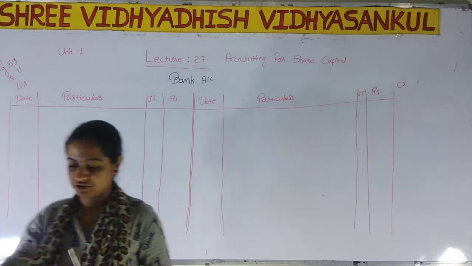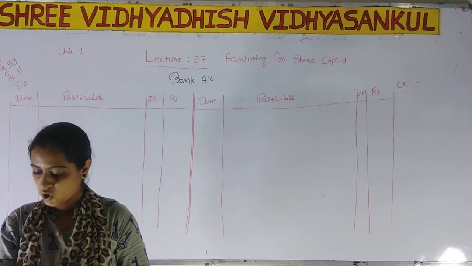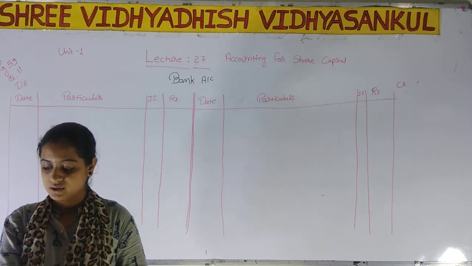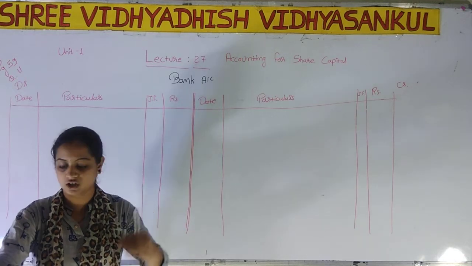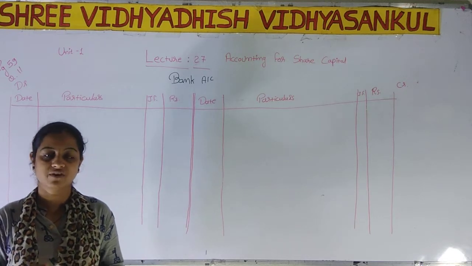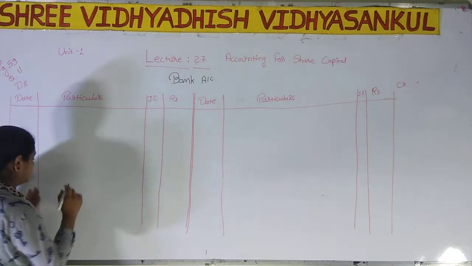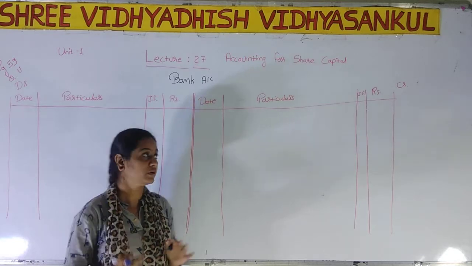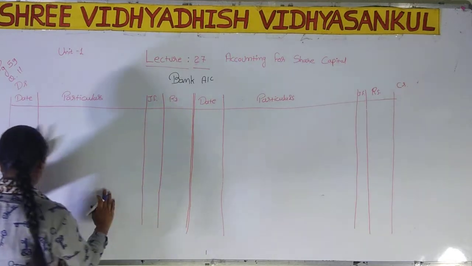So first journal entry, when we have received the money, see the date on 6th July, right? We have received application money. See, in the question they have given, after all the calls, the subscription was closed on 6th July 2017. That means we have received application money on 6th July 17. In that entry, we are writing bank account debit to equity share application account. See, bank account debit, that means in bank account on debit side, we have to write the name of credit, right? So first of all, we'll write the date,